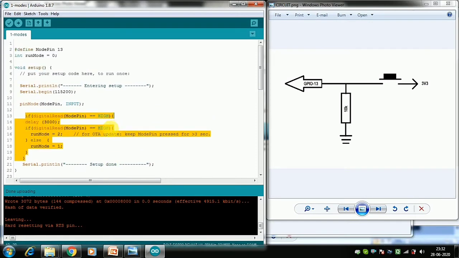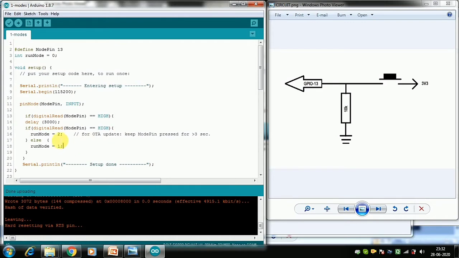But if GPIO 13 is high, our controller will wait for 3 seconds, then read the same pin again. If it is still high, that means you kept it pressed for more than 3 seconds, so it will get into run mode 2, the auto update mode. But if the second time it is not high, it will assign run mode 1, which is device configuration mode.